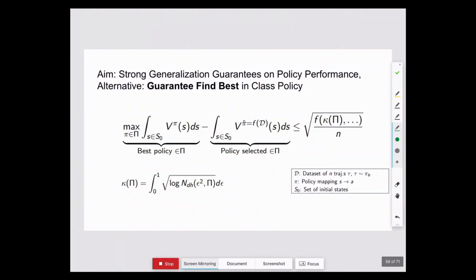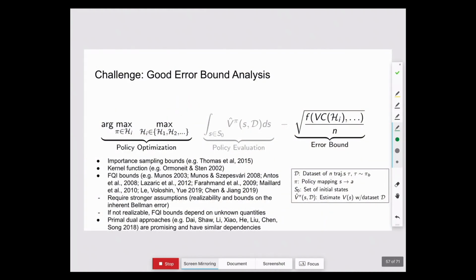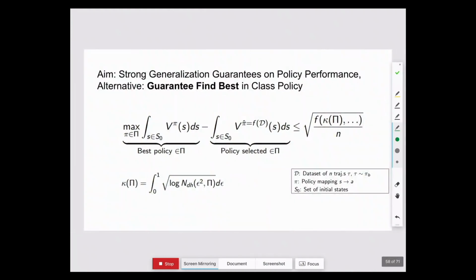It's really hard to do this first thing. What if we do something easier? The problem before was to say, I have all these different policies, I want to do really well, and I want to get error bounds on the resulting performance. I'm going to switch the goalposts, and I'm going to say, what if we just have a policy class, say linear threshold policies, and I just want to be able to get the best policy in that policy class.